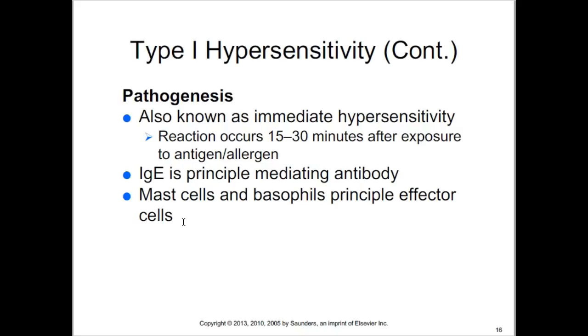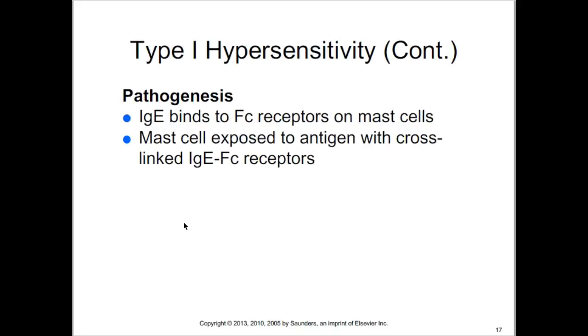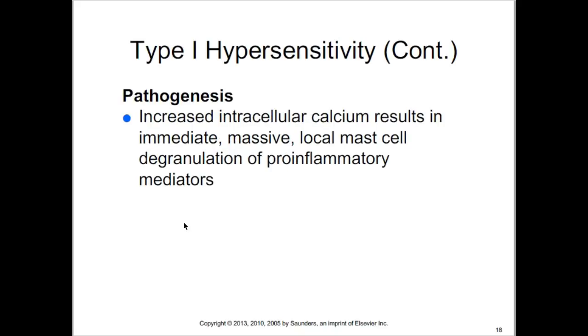After exposure to an allergen, about 15 to 30 minutes later the mast cells and basophils will release histamine, and the histamine reaction is going to be quite strong. The IgE binds to the Fc receptors on mast cells, and they cross-link when exposed to the antigen,